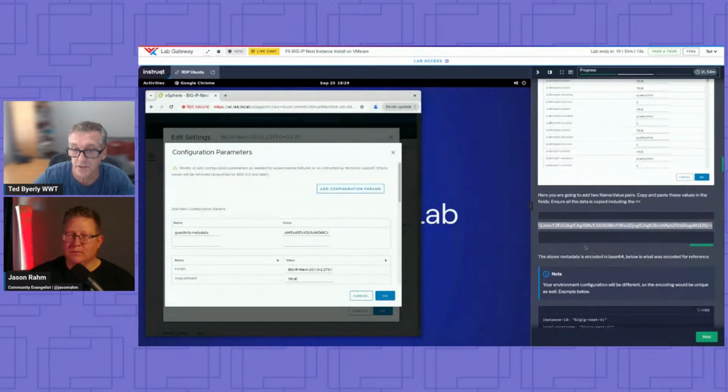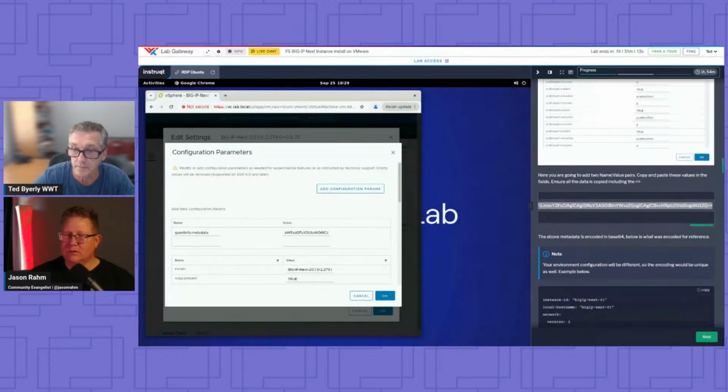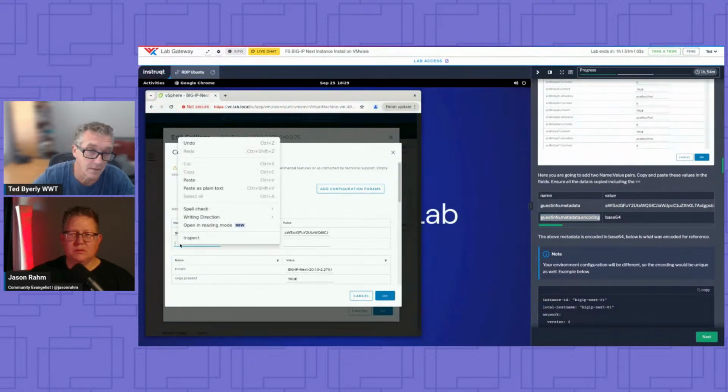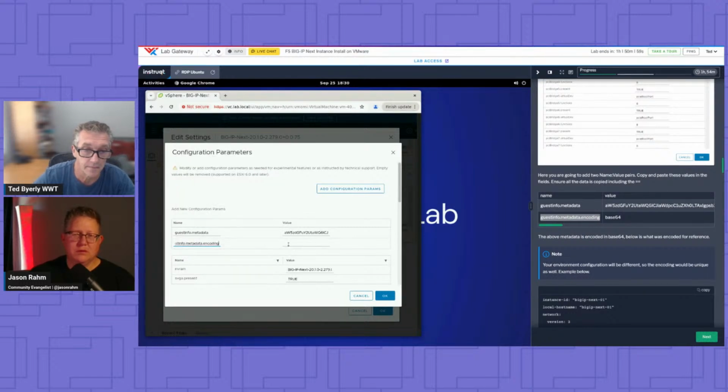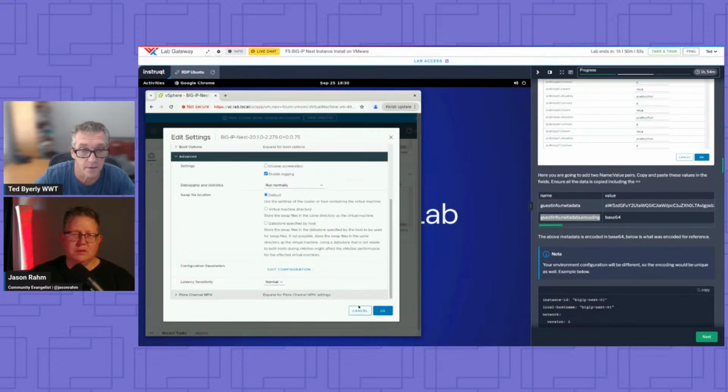And the other one is just your encoding. Guest info metadata encoding. Not even going to copy and paste. Base 64. That's it.